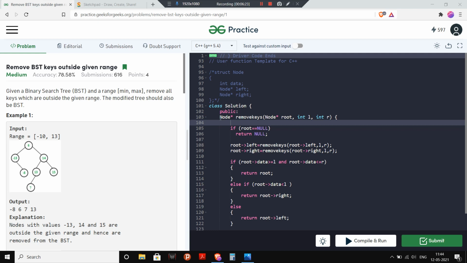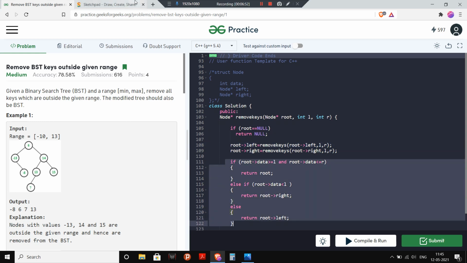Here is the function that we are given initially: node star remove keys, node star root, int l, int r. If the root is equal to null, we will return null. This is the base condition of our recursion. Each time we call for the left part and the right part, that is, root's left is equal to remove keys root left, l, r, and root's right is equal to remove keys root right, l, r.